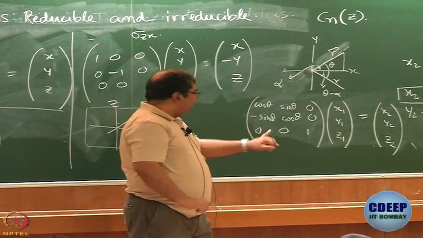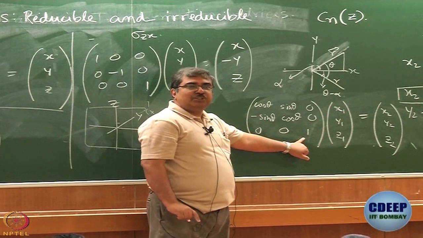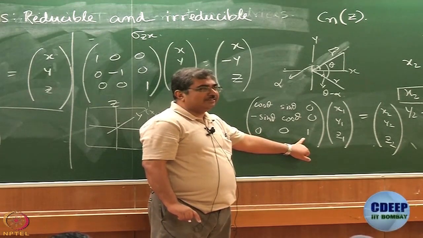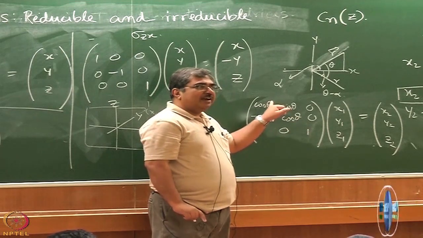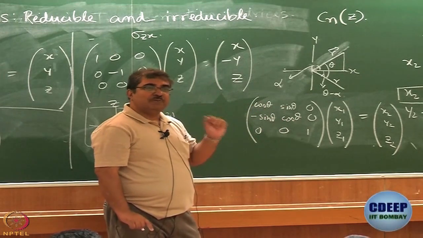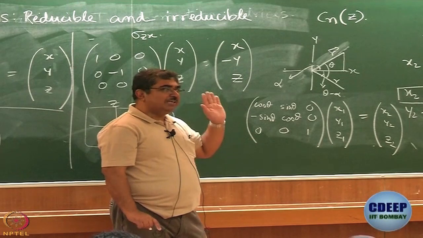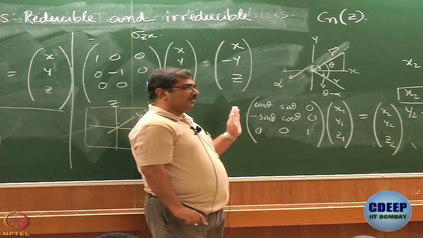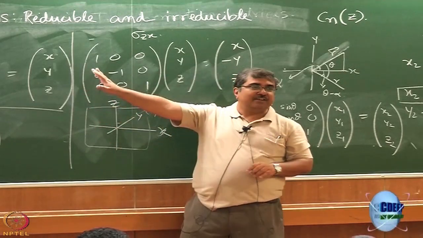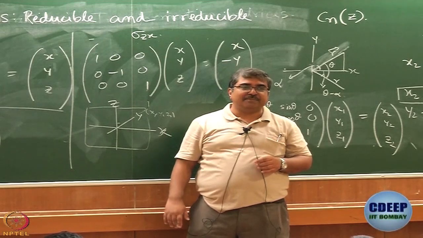Point to note, z here is the unsocial coordinate, it does not mix with x or y, z remains itself. However, the action of Cn is to mix x and y. This is something that we need to understand very clearly. Do we understand this? See, what was the action of this reflection? Identity anyway leaves everything the same.